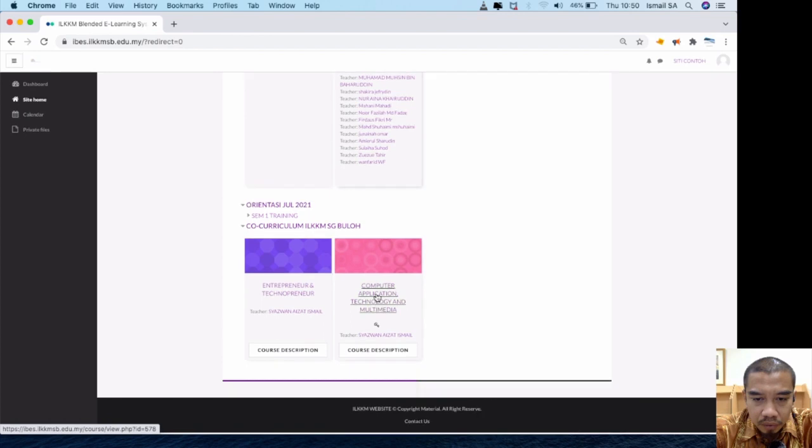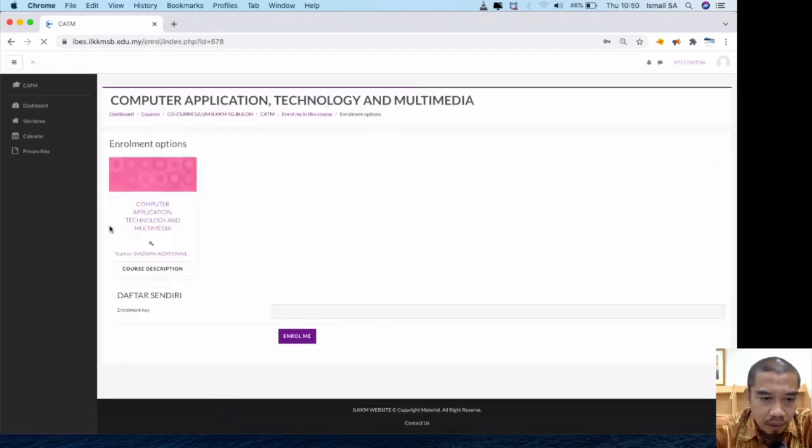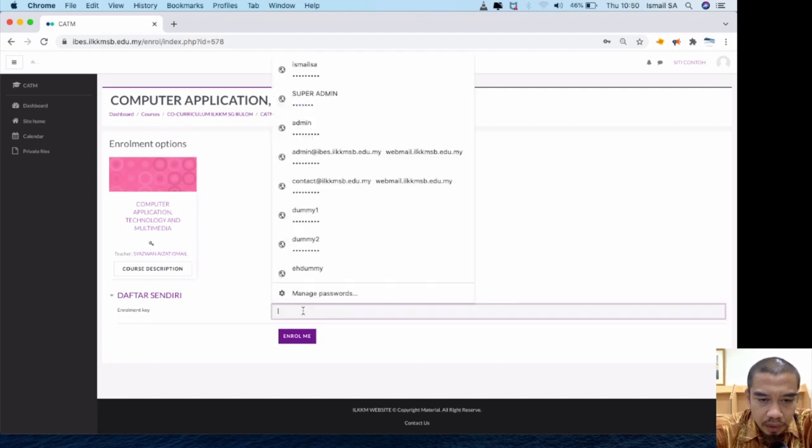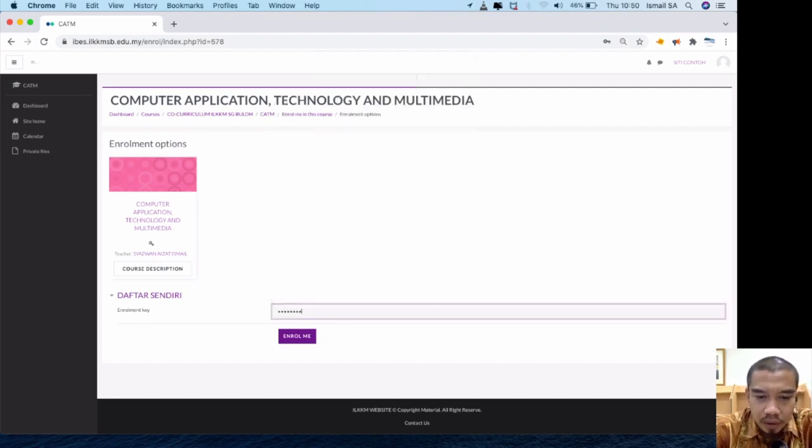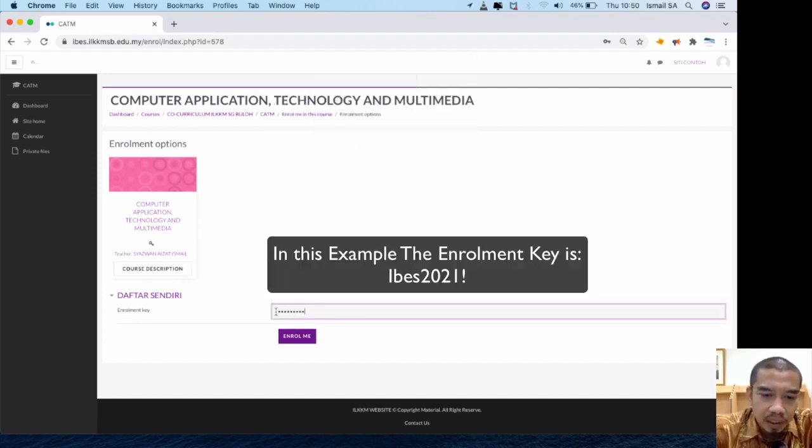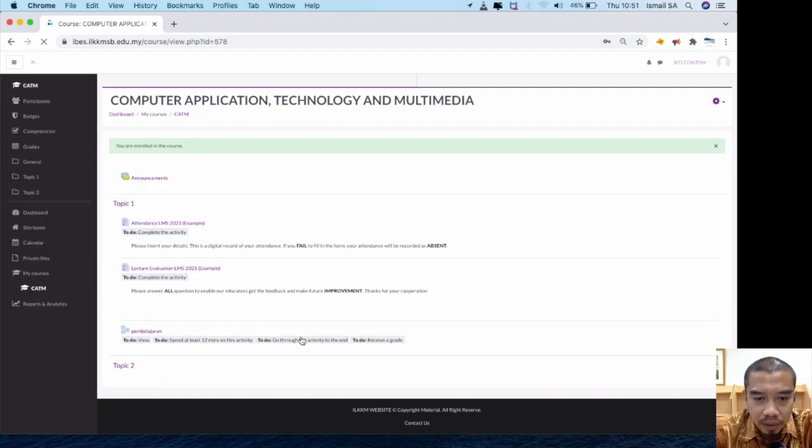In this case, for simplicity, I'm just going to navigate through.